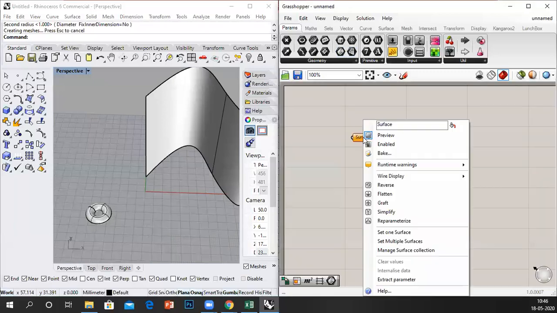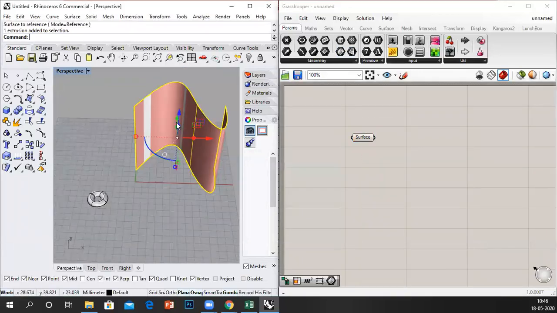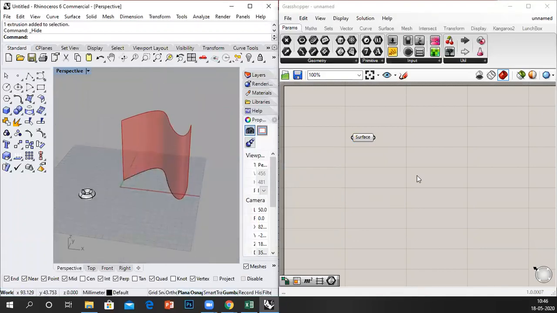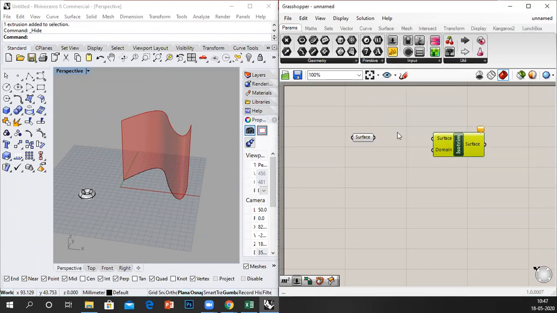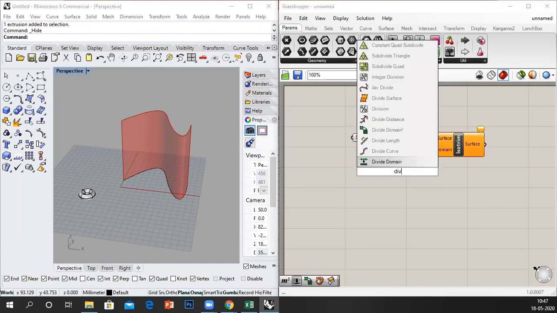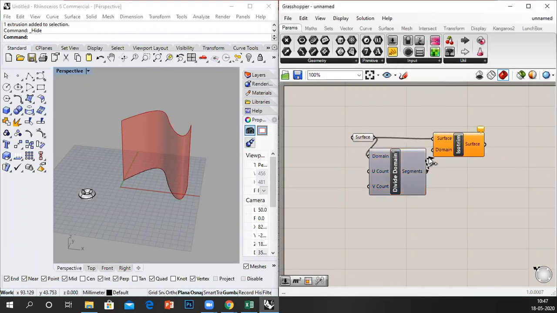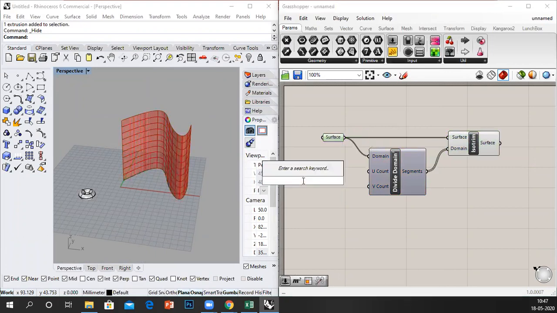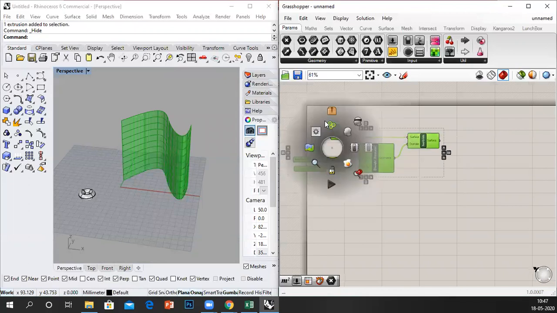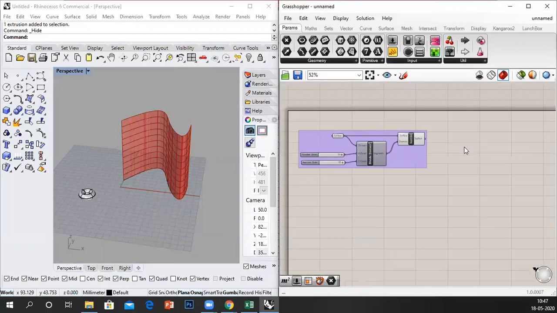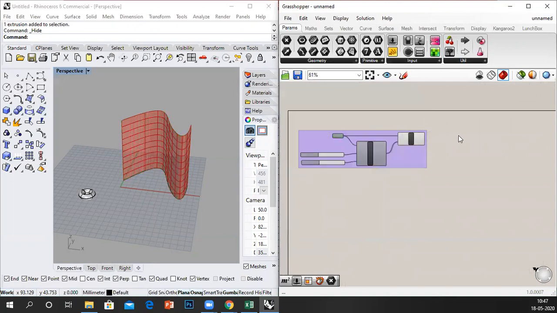So like before, I'll repeat again. I'm setting a surface. Let me hide it. So I have the surface. Now we need multiple points on the surface. So we divide the surface into small surfaces and find the area centroid. So I'm giving an isotrim, divide domain square. And I'm gonna set a u and a v number slider. So the data is plugged in. This I'm gonna group it. We've made small surfaces. I'm gonna hide all the bigger surface.